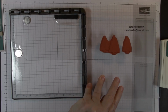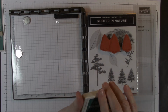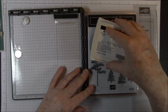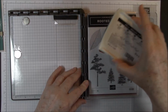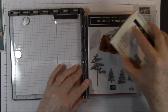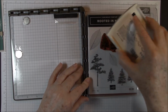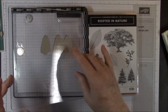Oh, and another thing is I like to put my stamp case underneath there to make it even. It makes it a little easier to ink it up. Okay, so I'm going to ink up my stamps, and the good thing about the Stamparatus, or another stamp positioner like this if you have one, is that these images have really fine detail, so you have to really get down in there to make sure you get all of that background stamping inked up too. But with the Stamparatus you can, now I guess it doesn't really matter so much on this because this is just a